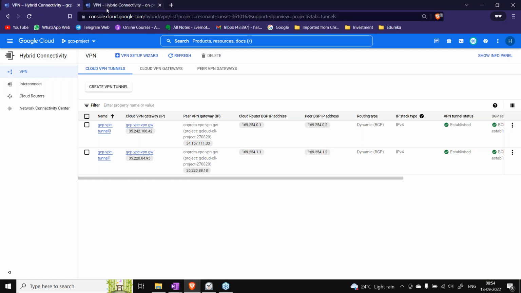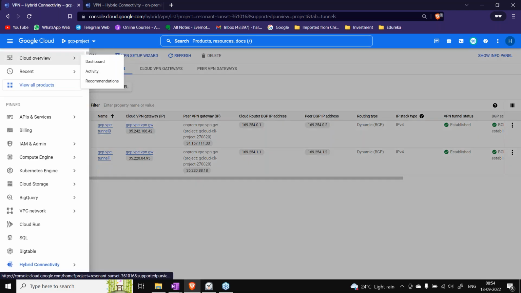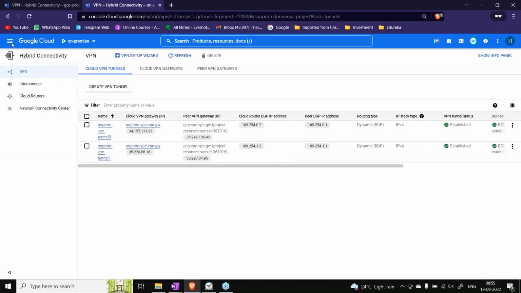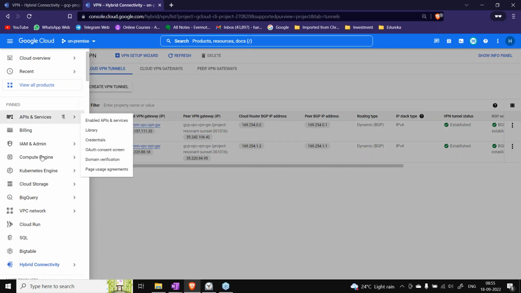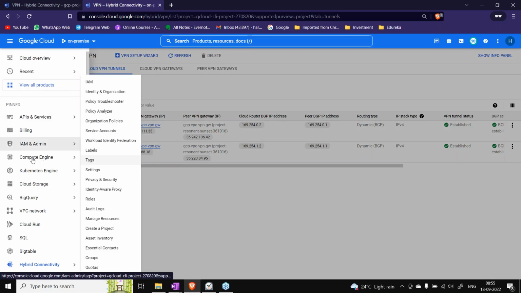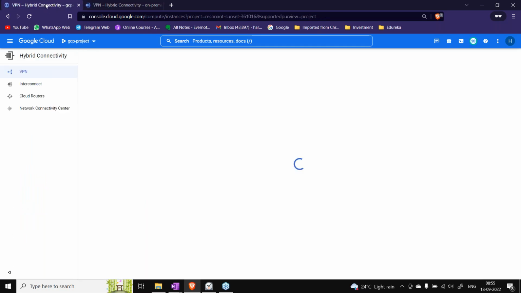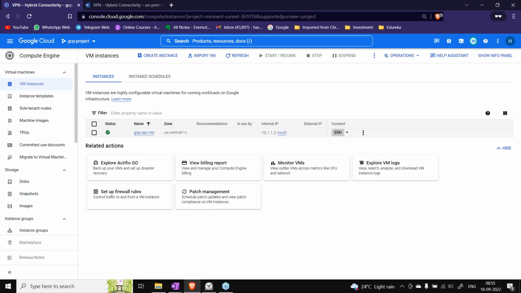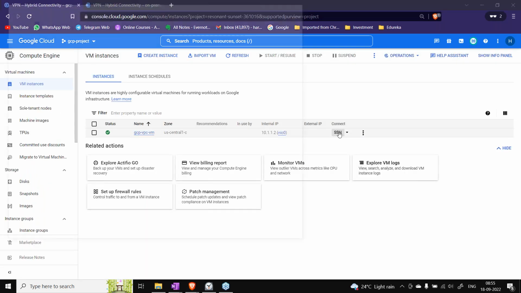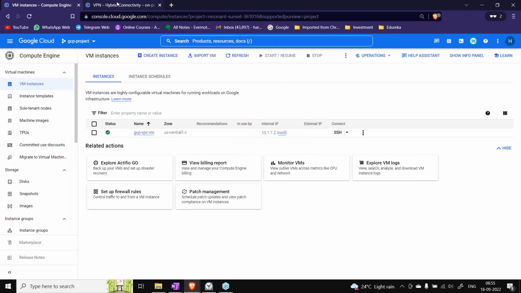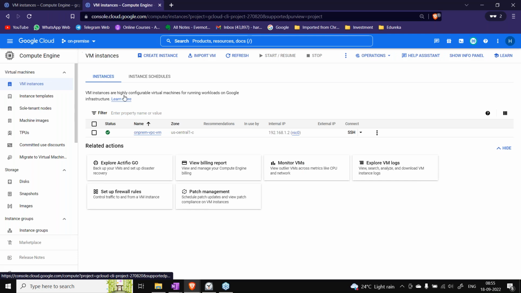Now let's try connecting to that same VM from both sides. Let me go to VM instances and SSH again. So I'm logging into the GCP VM, and on the on-premise VM, let me copy the IP address.